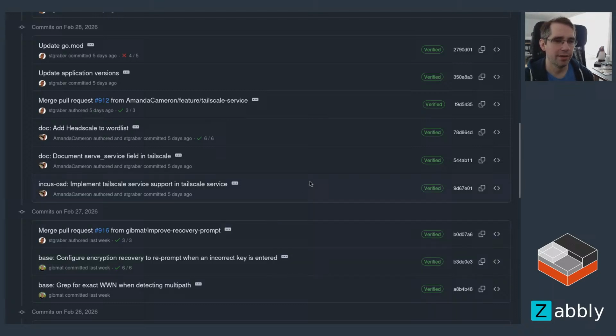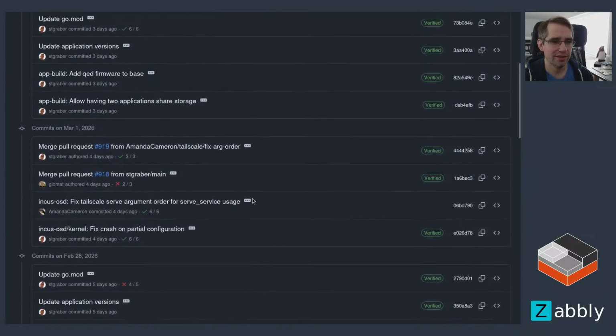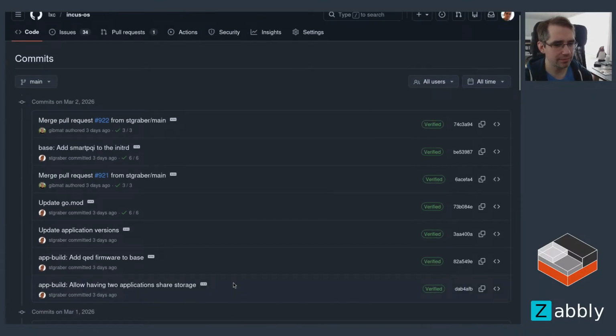again. Then we had a community contribution adding support for Tailscale services. So that's been added to our existing Tailscale support now. More rebuilds, then some fixes both to the new Tailscale service logic, as well as a crash in the kernel config API. Then added support for